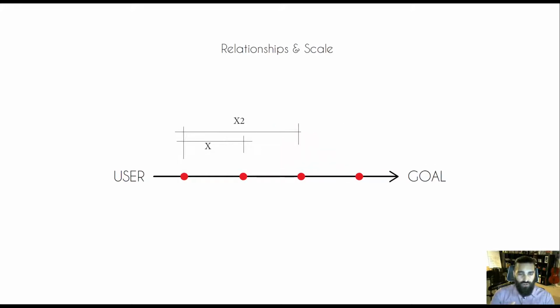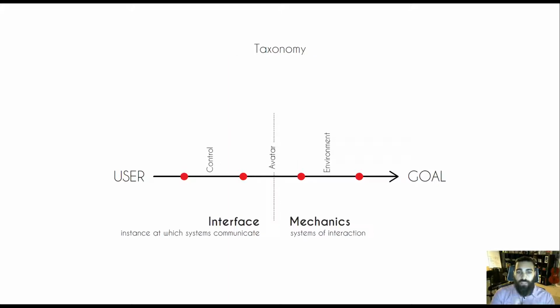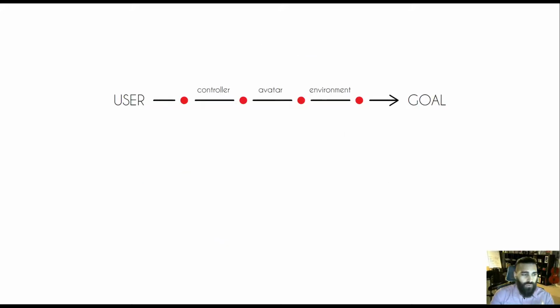We're also able to understand the ripple effects of actions, events or design decisions that happen at the first relational joint, how they ripple to the second one, the third, the fourth, and so on. And this is also creating a taxonomy of the game experience, which is more nuanced, more accurate, and it's also offering us a new set of vocabulary to talk about the game experience in a more accurate fashion.